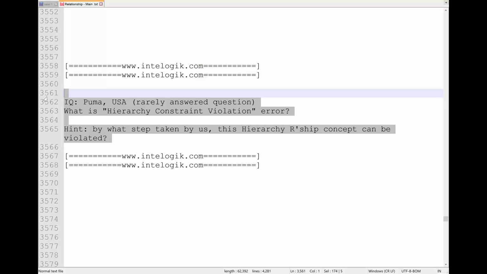Let me see who are those smart students who are paying attention in the class and will give the answer. Okay, a few students are close to this answer and some answers are wrong. Yes, you're right.